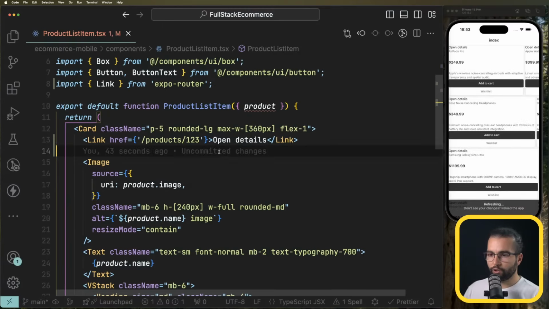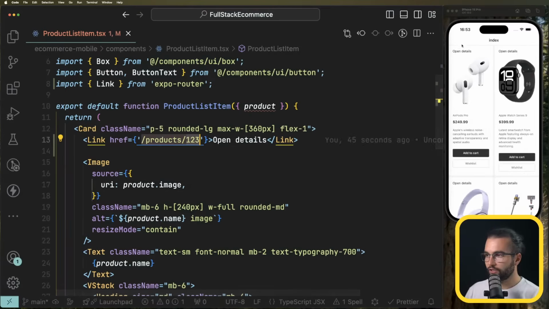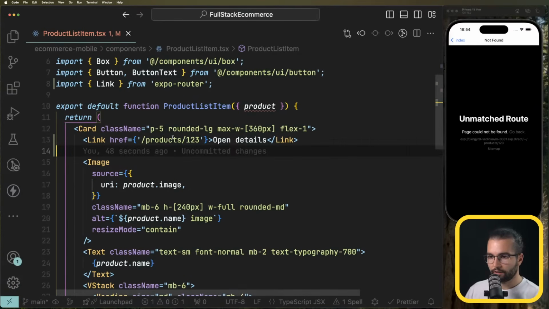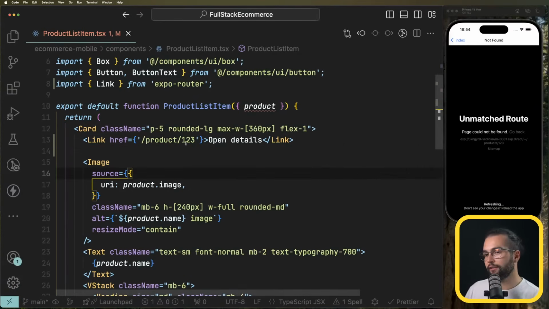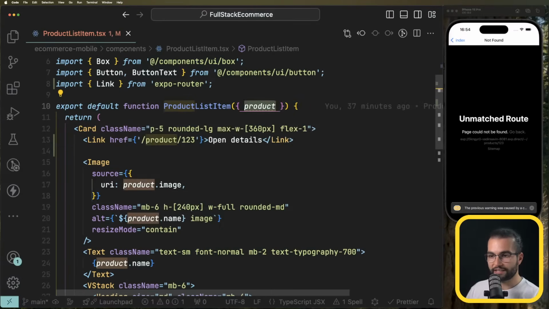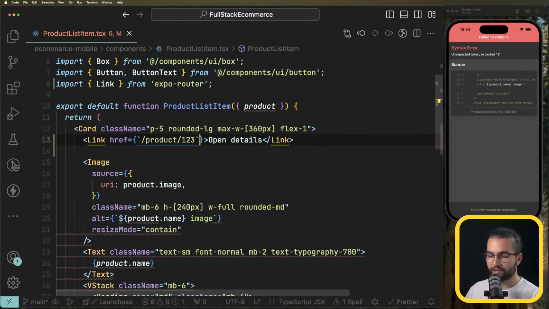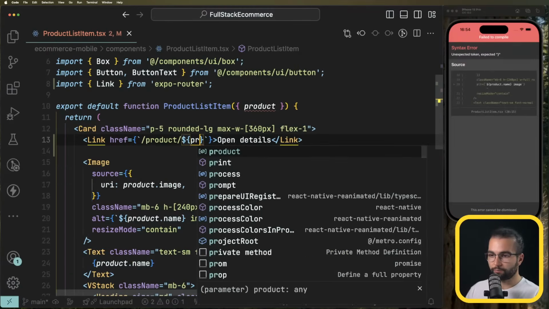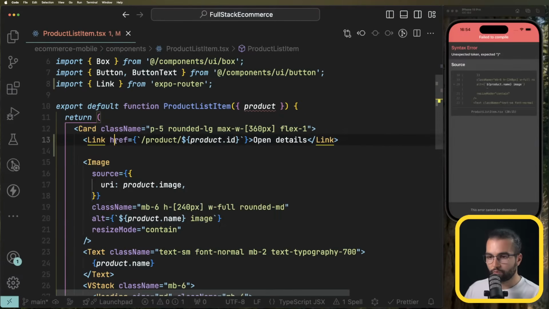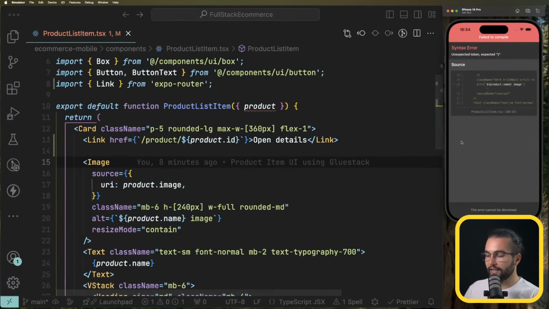And while we're waiting for the load, I will make sure that this 123 is also dynamic. Oh, it's not products, but product. That's why we have unmatched route. And now let's also do the dynamic 123 because we don't want hard-coded 123. We want this to be the product ID. We have a product, that product has an ID, we just have to put it here. I'm gonna do that through template strings by declaring this string with backticks, and instead of 123, I'm gonna add here a variable called product.id. So we navigate to /product/id. Now if I reload,